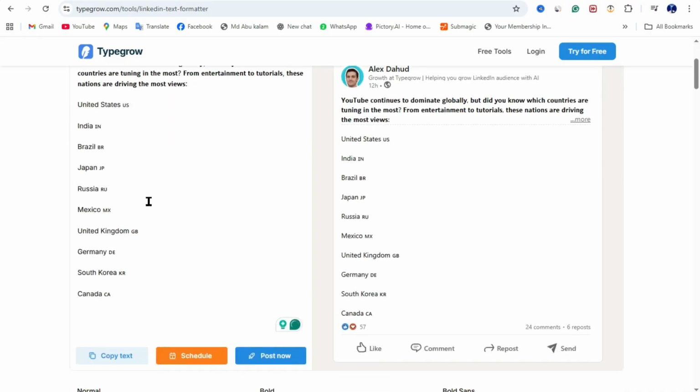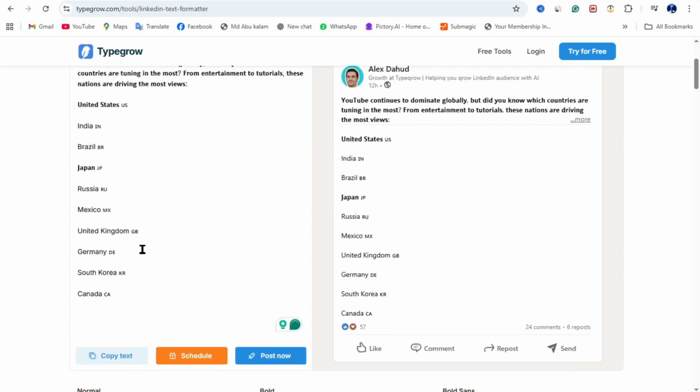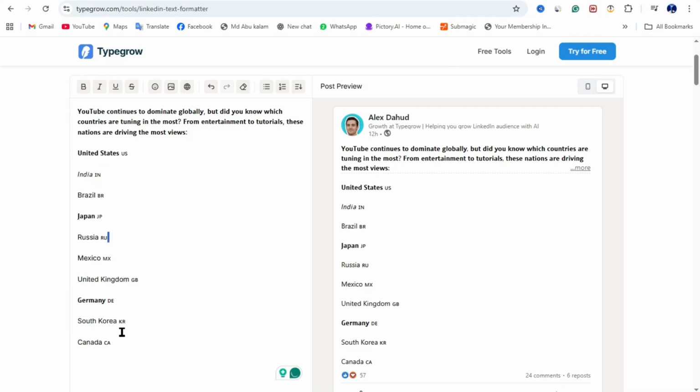And if you want to highlight something, some countries like US and Japan, and like Germany, and if you want to do some words like India, Italy, like Russia, or Canada,